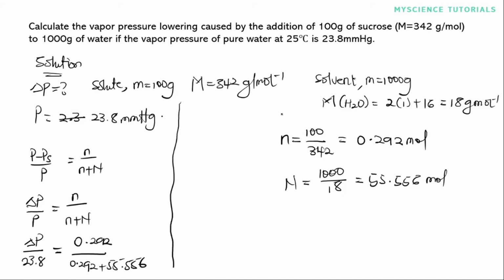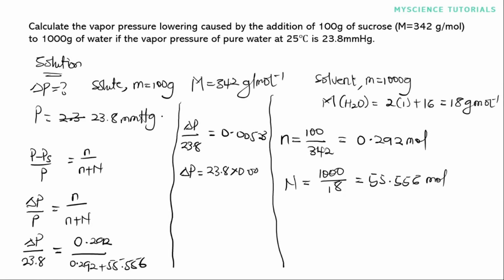Now if we punch everything here into the calculator, we are going to get delta P over 23.8 to be equal to everything over here, which is going to give us 0.00523. Now if we cross multiply, we get our delta P to be 23.8 multiplied by 0.00523, and this gives us the value of delta P, which is equal to 0.124